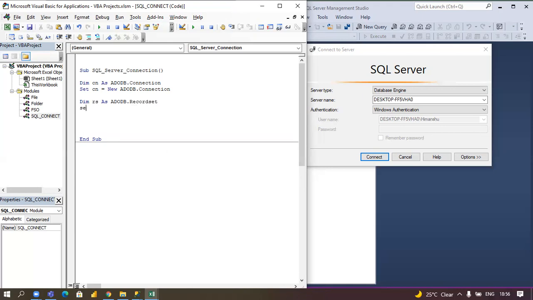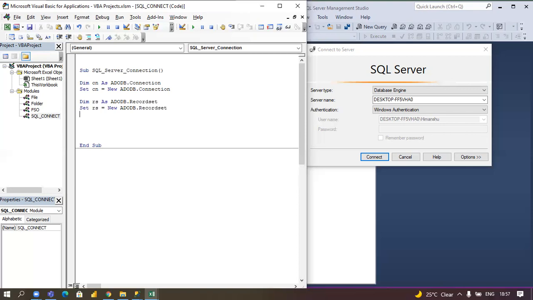Now you can set the record set: Set rs = New ADODB.Recordset. Till here I hope everything is clear. By this method we can connect to a SQL server and we can communicate with the record set. That one is the data of the SQL server.